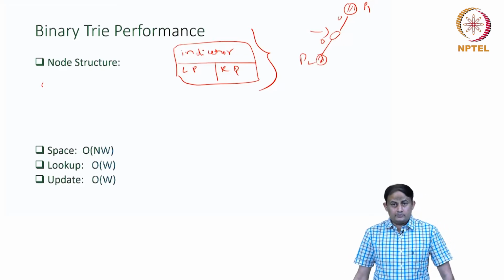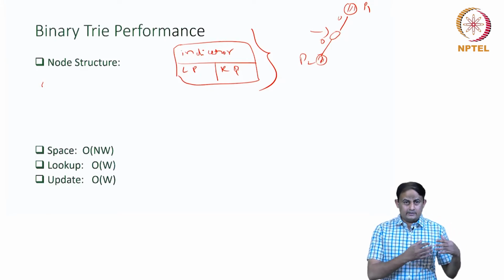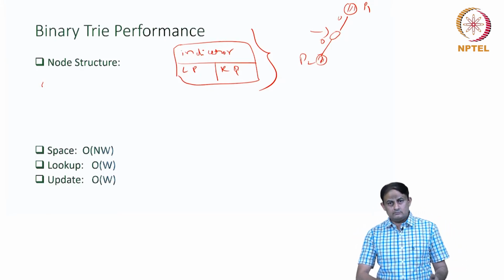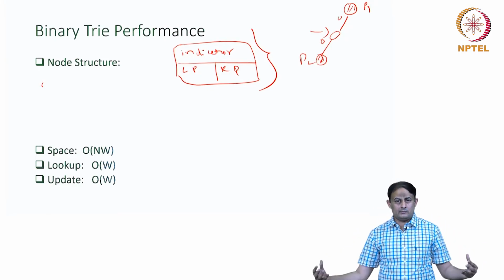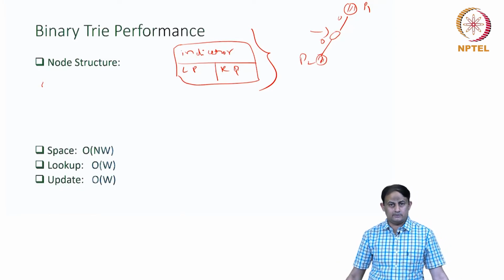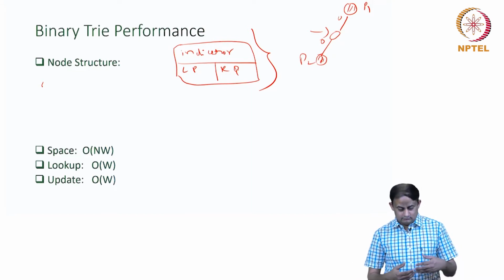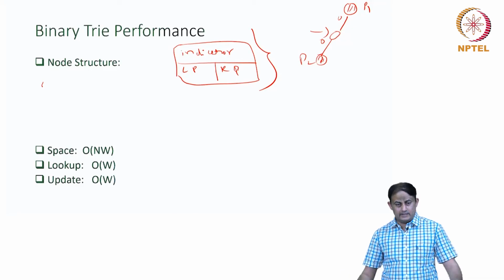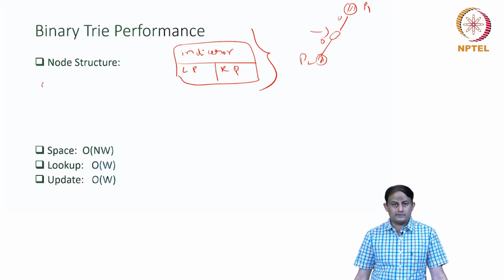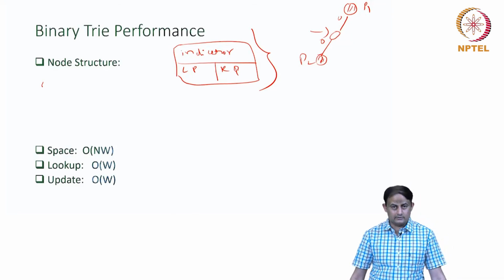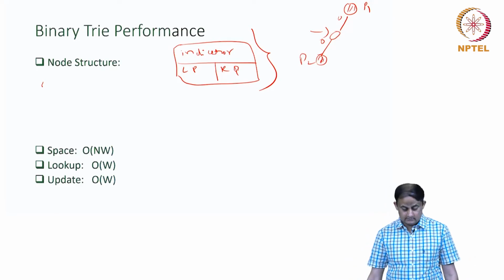And if I have to do the update, so let's say today I got these 9 prefixes, but as more computers get connected to the network, the number of prefixes in the table would increase. And if I have to do an update operation, then what is the cost of that? That would again take the order of W, where W is the width of the longest